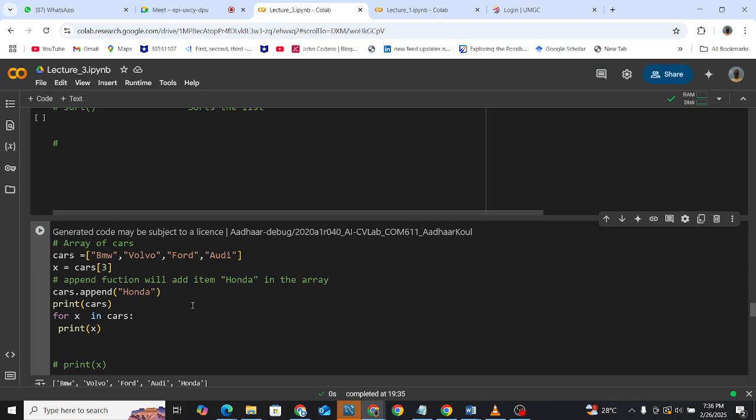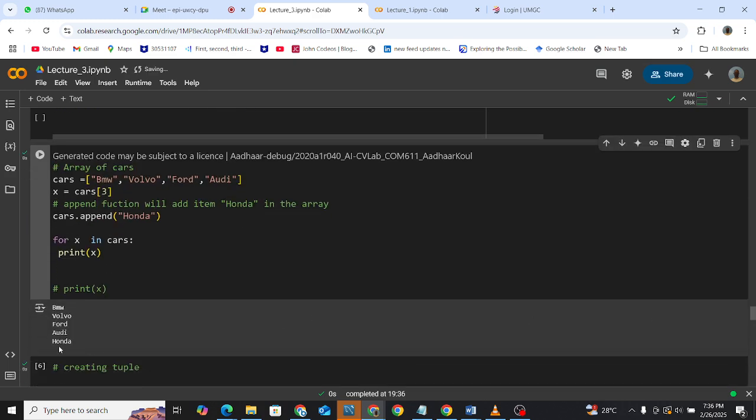So cars dot append, and then we loop through. Let me just remove this print. So cars dot append Honda, and then we loop through, and then you're able to get that Honda is now part of our array. You can see we have Honda here. There is another function